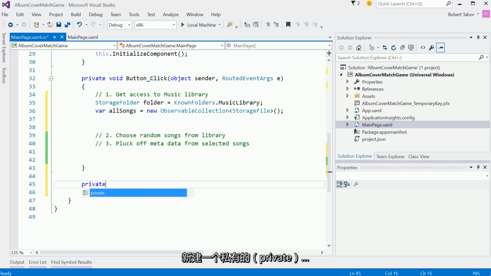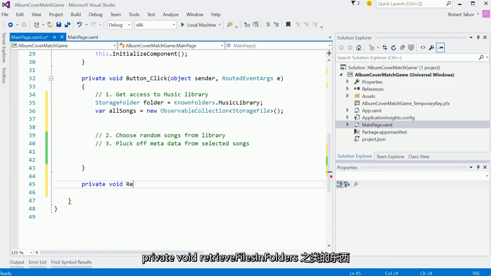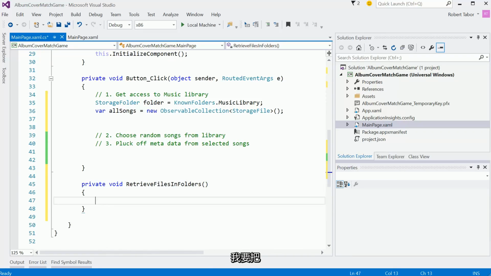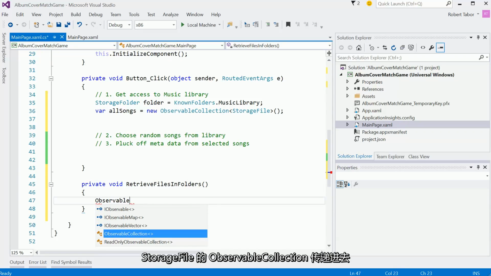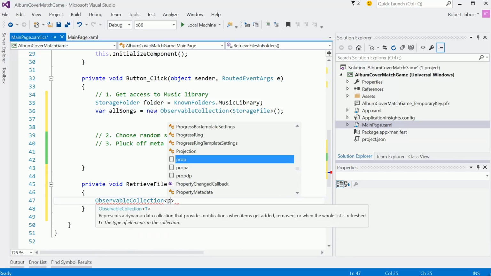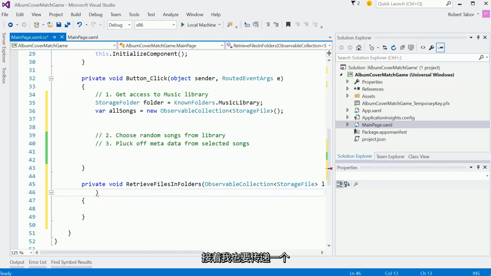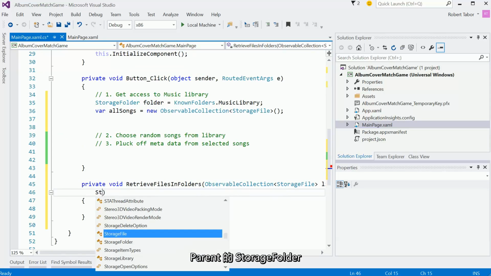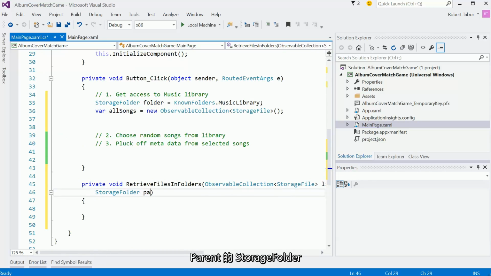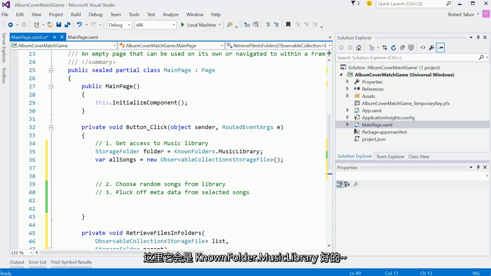So I'm going to create a private void RetrieveFilesInFolders, something like that. And I'm going to pass in an observable collection of storage file. And I realize I typed this in the wrong spot. And we'll just call this the list. And then I'm also going to pass in the storage folder called parent. This will be the top level storage folder. So in this case, for us, it'll be that known